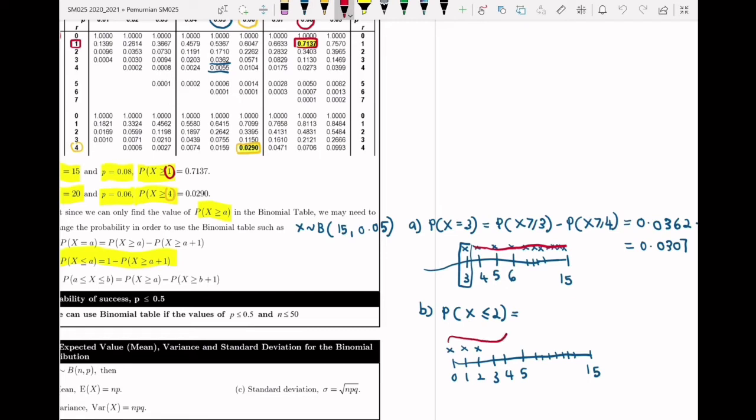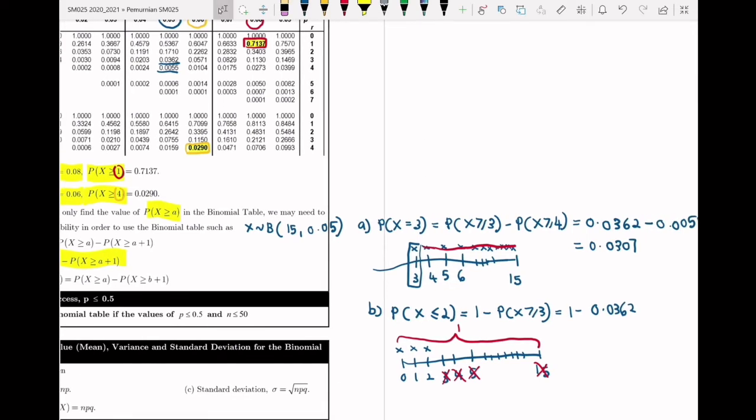So what we need to do is 1, the total probability, minus what we don't want, what we want to omit. So we don't want the values from 3, 4, 5 until 15. So 1 minus P(X ≥ 3). Remember, we only have the greater-equal sign in the table, so that's why we need to change the form. So 1 minus 0.0362. Okay, P(X ≥ 3) is 0.0362 from the table. So 1 minus 0.0362 will get